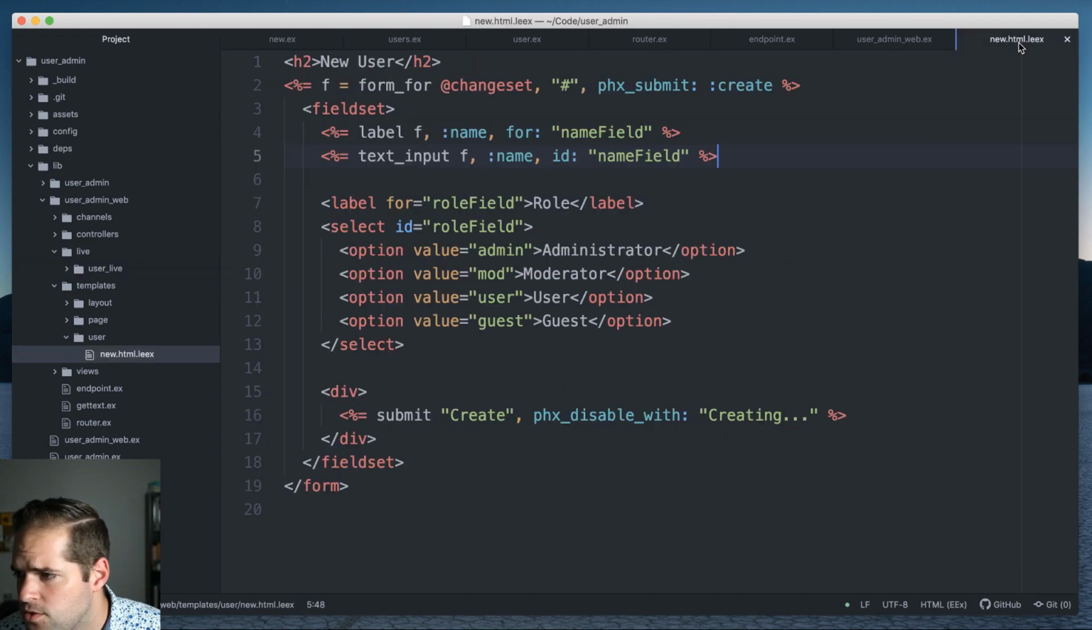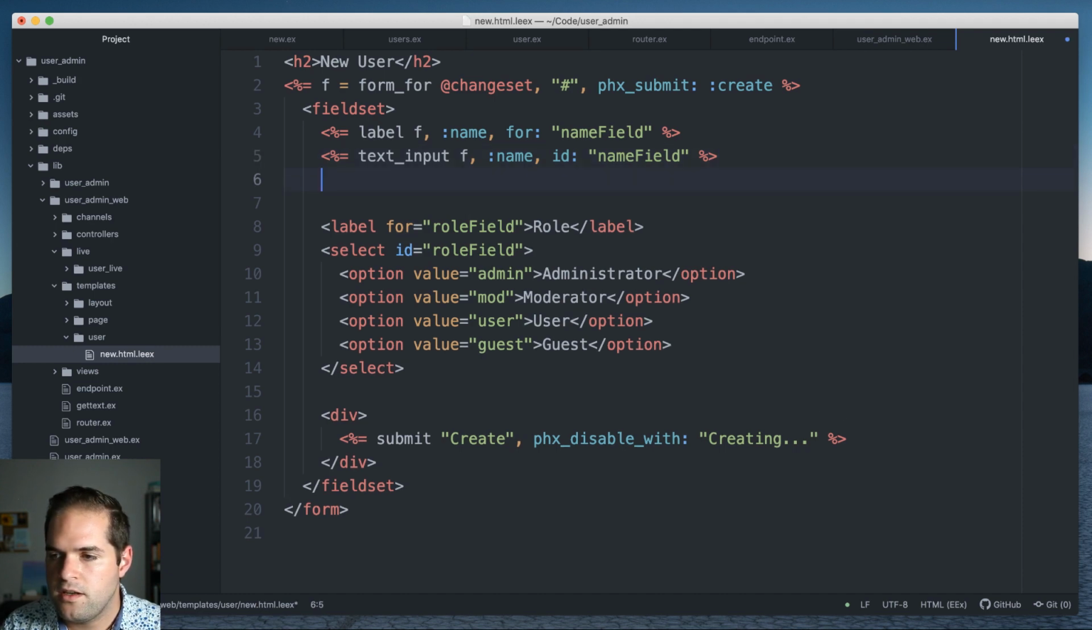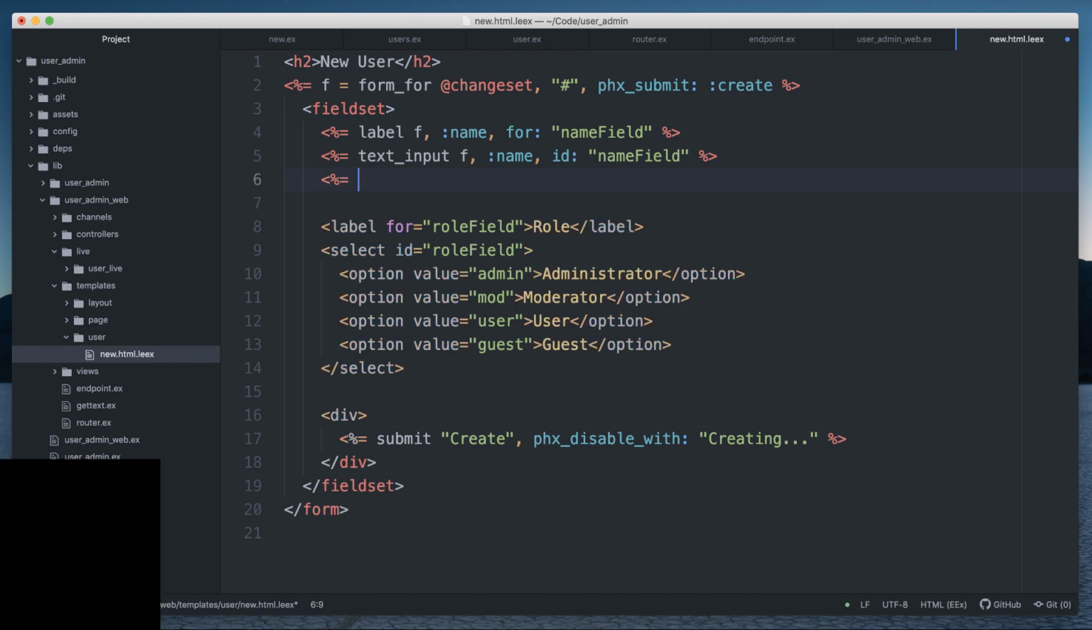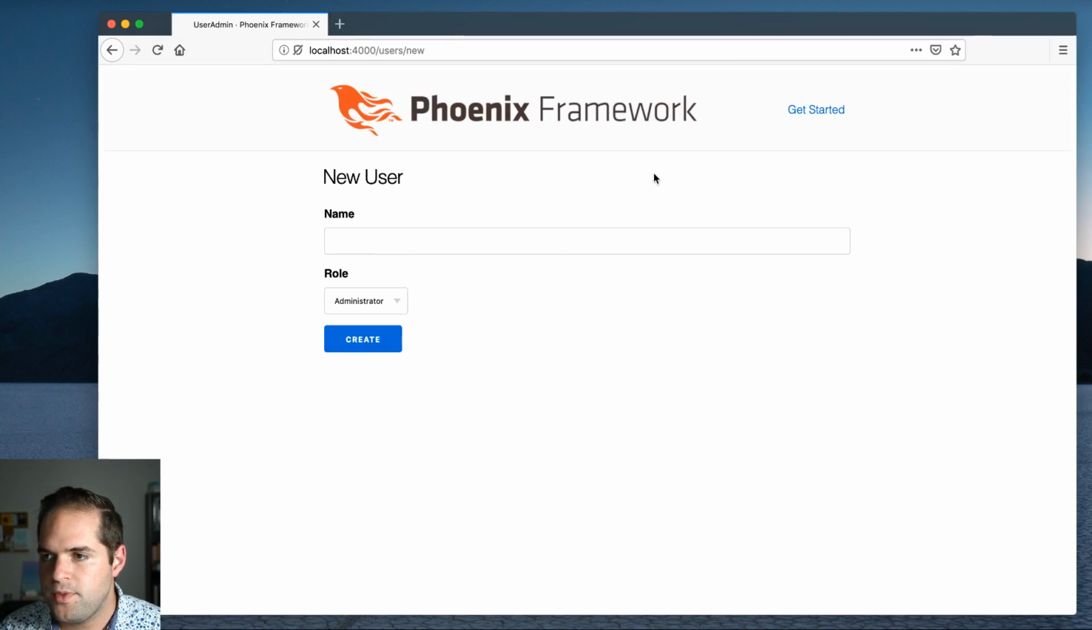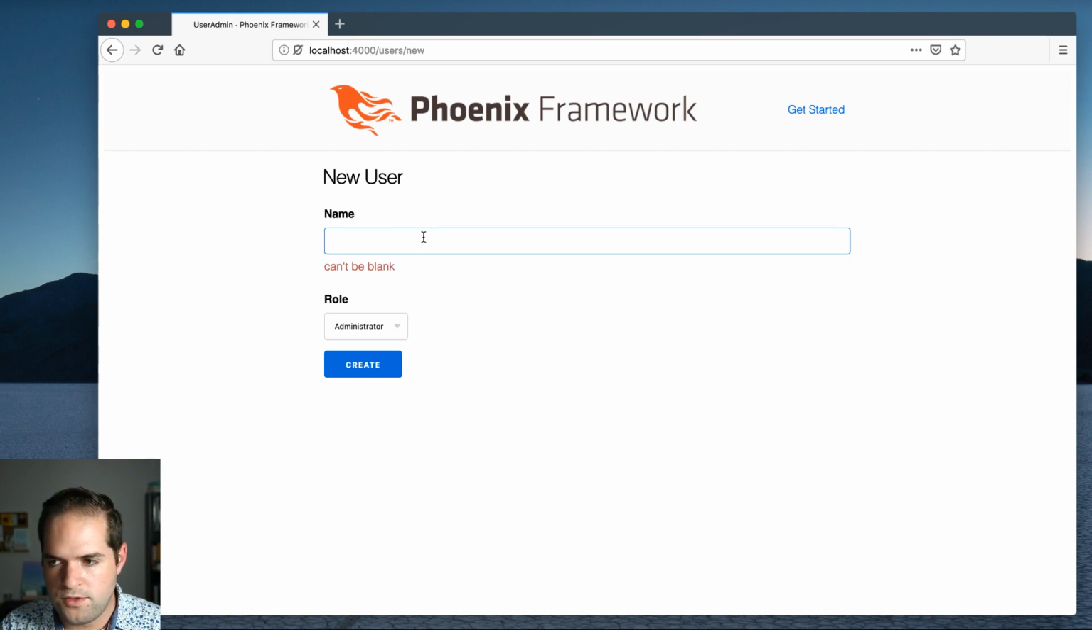So if we go back to our template, then we can add error tags. Underneath the name field, we will go ahead and say error tag f and then name. And so with that, we'll be displaying that error. So now if we refresh the page, we should be able to submit that form. You'll see if I try and create one with a blank name, that validate required is going to fail, and so it's going to put that error there. But if I do one with a good name,